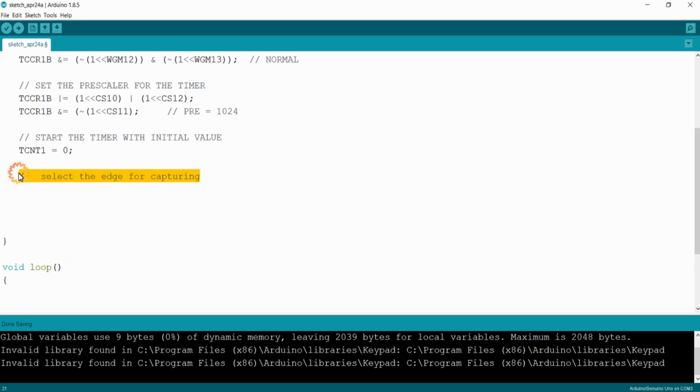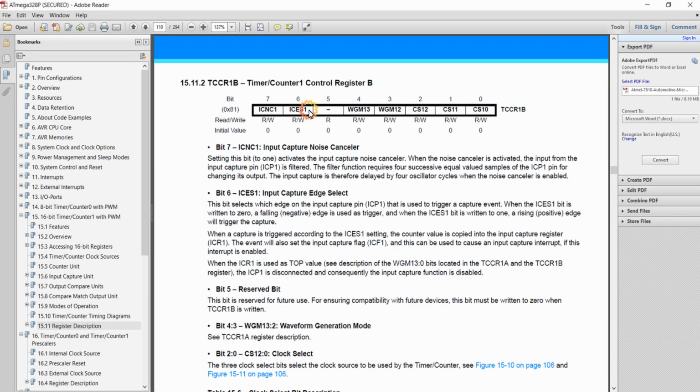I just forgot one step: we want to select the edge for capturing. That can be done by the ICES1 bit, which is available in TCCR1B. This is the input capture edge select bit. This bit selects the edge for capturing: when the ICES1 bit is 0, the falling edge will trigger the input capture, and when it is 1, the rising edge will trigger the capture.